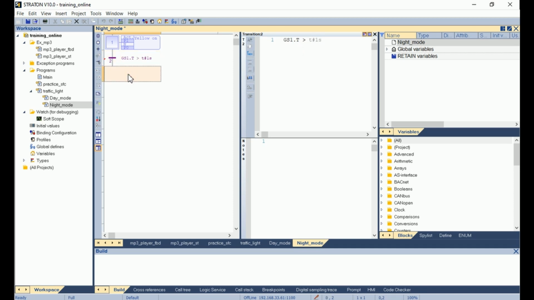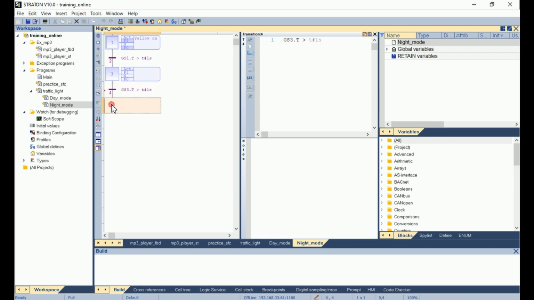And then I add another step with S that does nothing to let the light off, and I let it off for 1 second also, so I add a transition with T, and the condition is GS3.T greater than T 1 second.